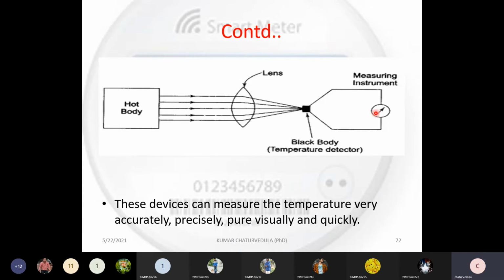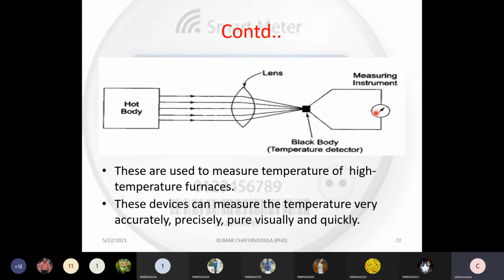Now imagine you are going to measure the temperature of a steam boiler or a furnace, where temperatures are going to be in the range of 1000, 1500, 1200 degrees, like that. If our own body temperature gets into the range of 37 to 40 degrees, we feel so hot. And if it is in the range of 1000 degrees, 700 degrees, 1200 degrees centigrade, imagine how much heat will be radiated over there. Take those examples into consideration.